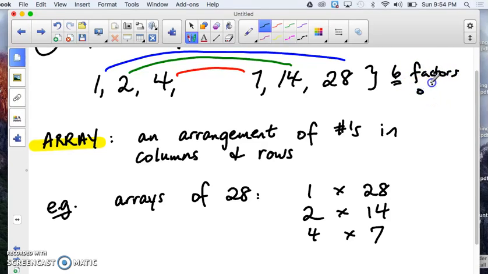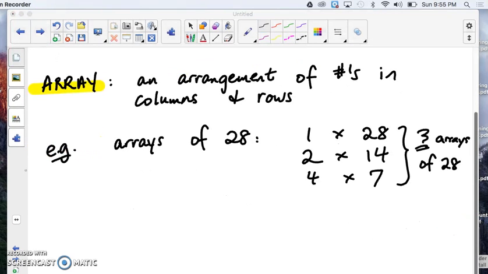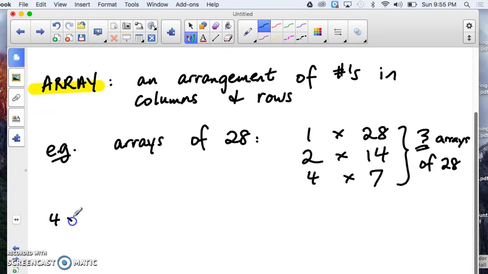Now, therefore, if there are 6 factors of 28, how many arrays are there? There has to be 3 arrays of 28 because it's just dealing with the pairs of the factors, like partners, as we paired up in the rainbow up there. Now, a question might ask you to sketch an array of a number. So say, for example, I sketch the 4 by 7 array of 28,